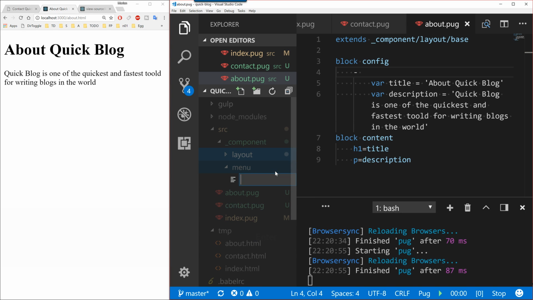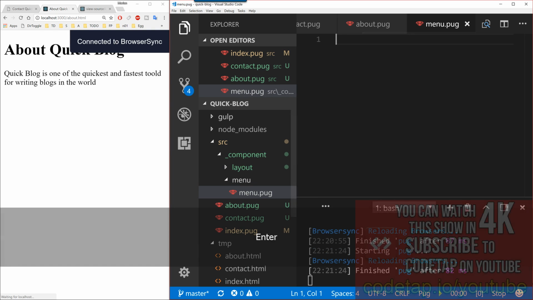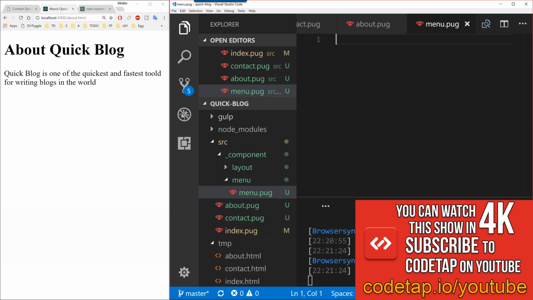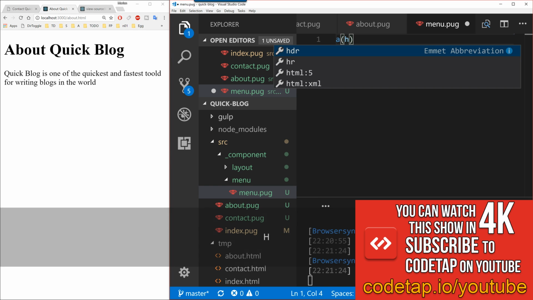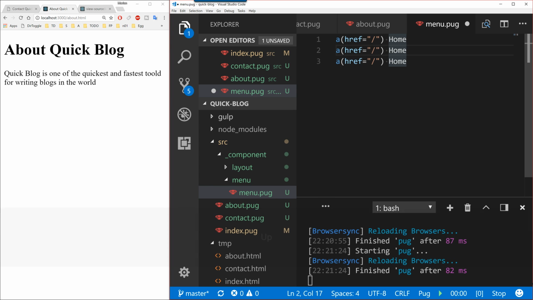And in here we want to create a menu.pug, and this menu should have an a-link with the href attribute pointing to the root, and this would be home, and then do a couple more of them, and this would be